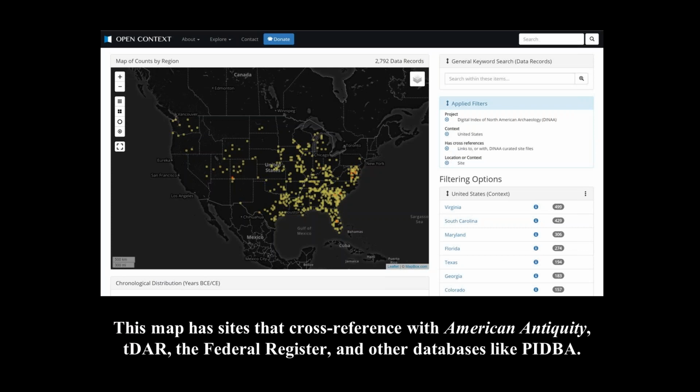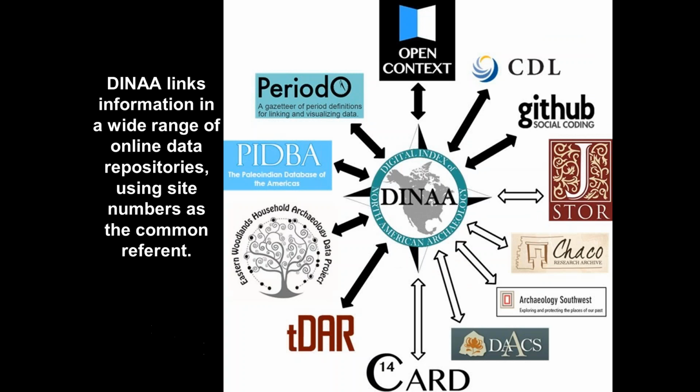Information in state archaeological site files, artifacts and records in museum collections or curation repositories, or information in reports or journal articles can be linked using DINAA, providing a site number is one of the characteristics. A recent text mining effort undertaken in cooperation with JSTOR demonstrated the feasibility of finding sites in online journals such as American Antiquity. Site data in DINAA is being linked to, or rather points to, information in a wide range of online data repositories, using site numbers as the common denominator. DINAA directs users to these outlets, but access and content control remains on their systems.